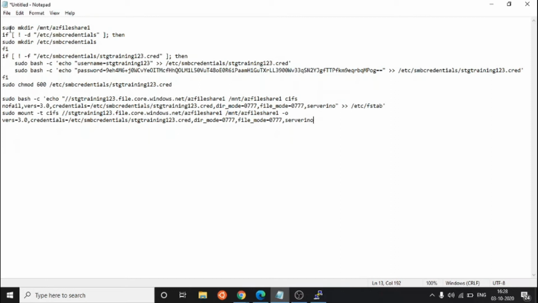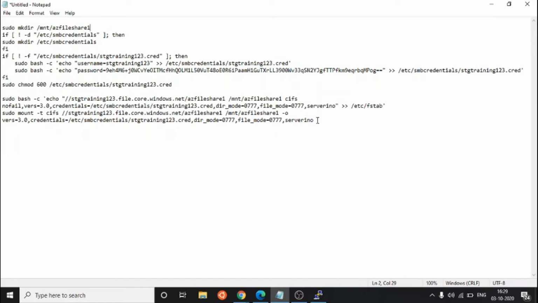First they are creating a directory, after that they are managing the credentials, like the username and password. After that they are echoing this into the file, and later they are mounting directly using this protocol. All the things they are passing here, and using that they are mounting the drive.